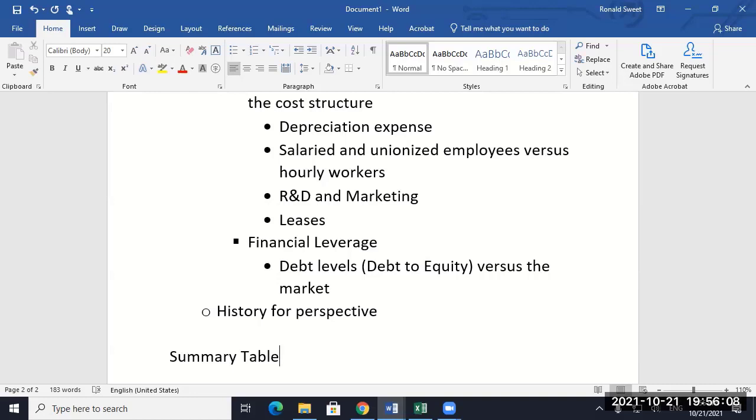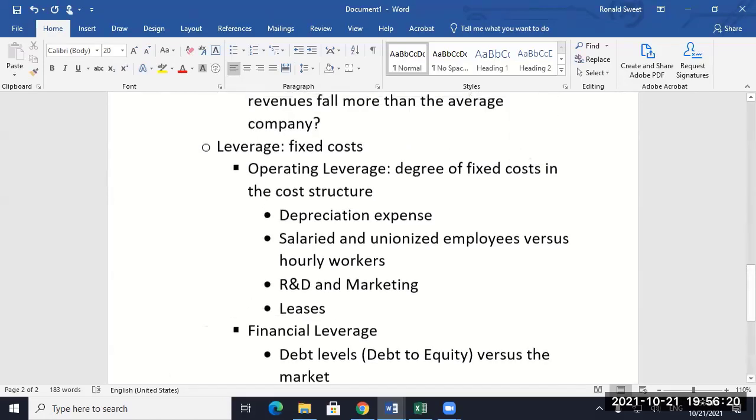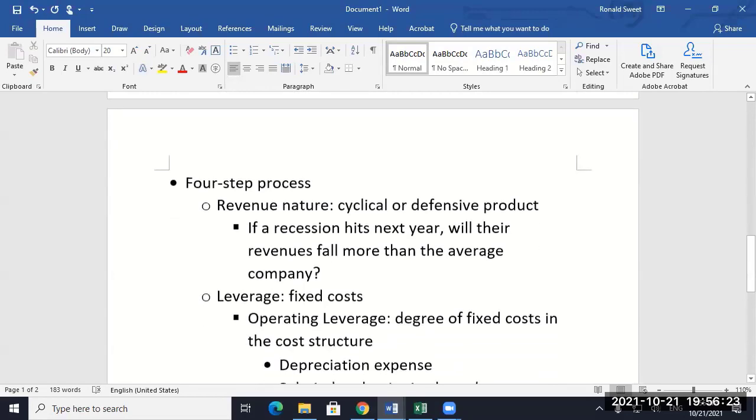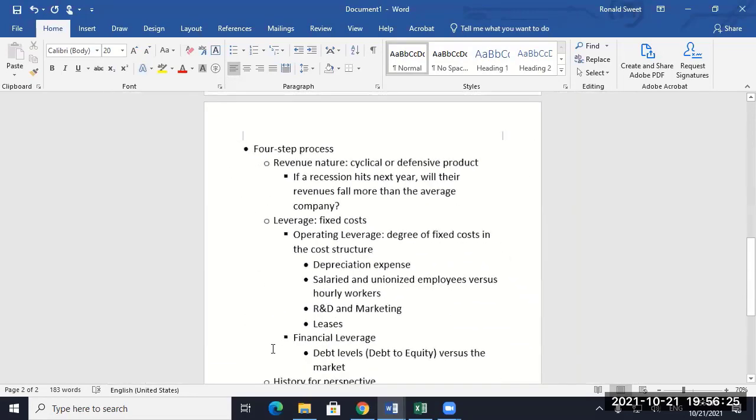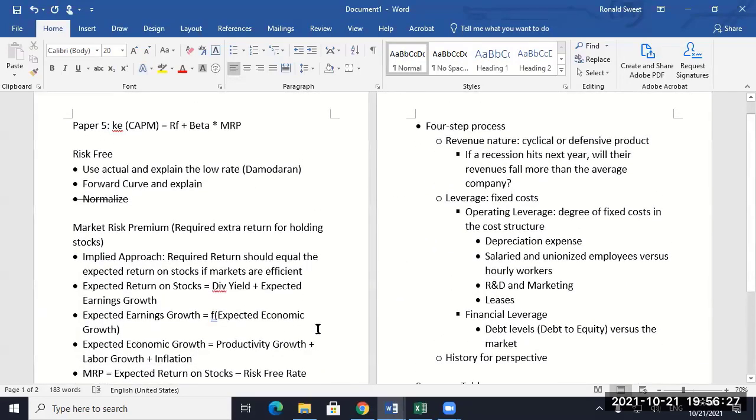Okay, you'll see how that works. That way it forces you to acknowledge all those kinds of things. I can always tell students are going through the motions versus actually doing the analysis and letting the analysis actually influence their final decision. Okay, so that's it for beta. Questions on that process? I'm going to walk through it with Walmart, so we're going to see it.